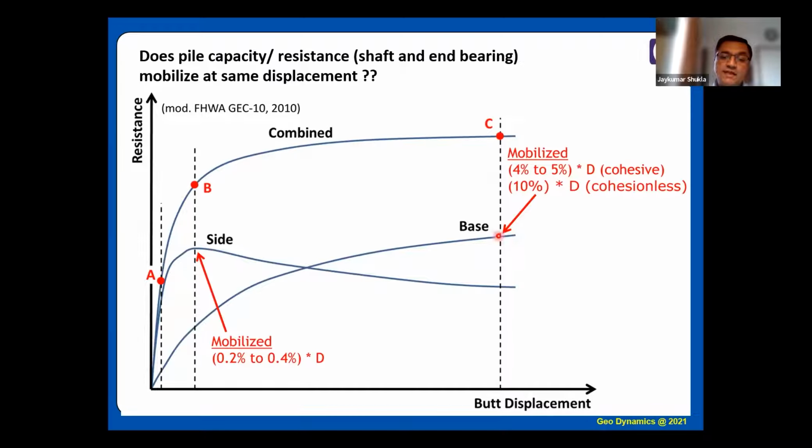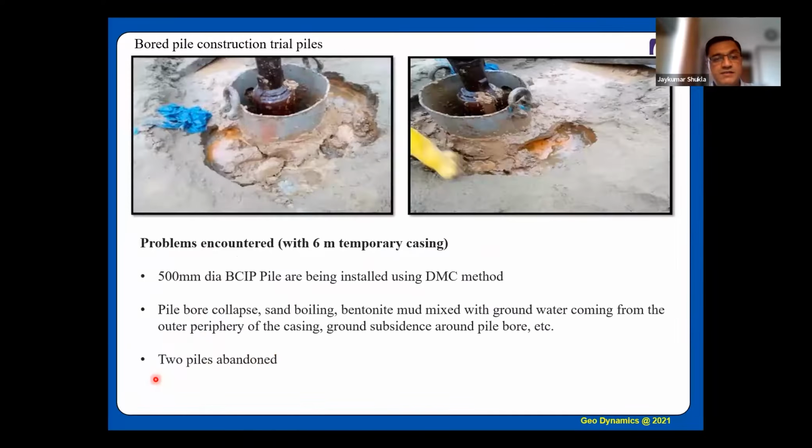So if this is, let's say, 700, 800 metric ton of end bearing, but at 20 mm I will hardly get 30% of it. Which means I need to have a very, let's say, stiff pile so that my peak resistance would be mobilized at a smaller displacement. And this needs to be achieved in a separate way.